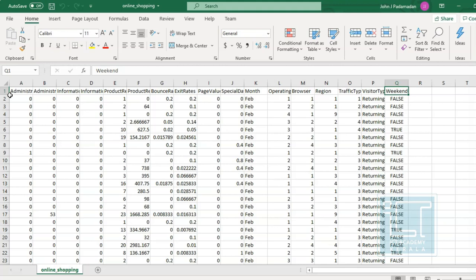The dataset also includes operating system, browser, region, traffic type, visitor type. The visitor type has different values like returning visitor or a new visitor, and a Boolean value indicating whether the date of visit is a weekend or not, then the month of the year. These are the basic ideas about the dataset, and our aim is to group different kinds of people that are present in this dataset. Now we will move on to the coding part.